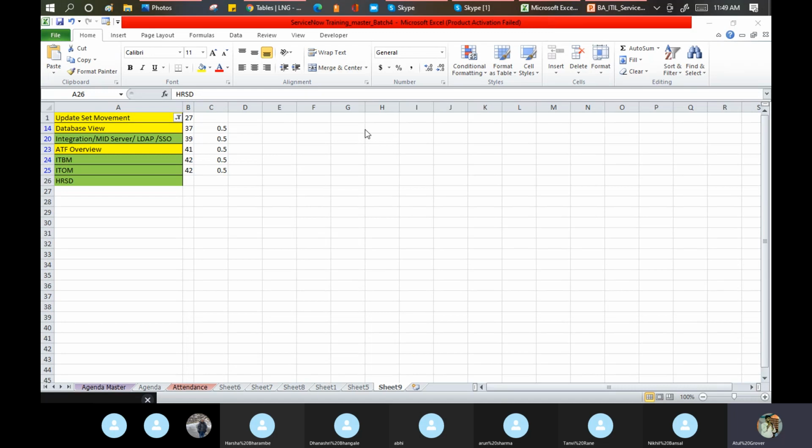How about the client script or the UI policies that are being used, and how they would be renamed by the developer? Okay, let me give you one example. Suppose you are a tester. What is your prime responsibility in testing? You say when you click on the save button, your incident should be saved, right? Only then you will say that this has been marked as complete or pass. Agree on that part?